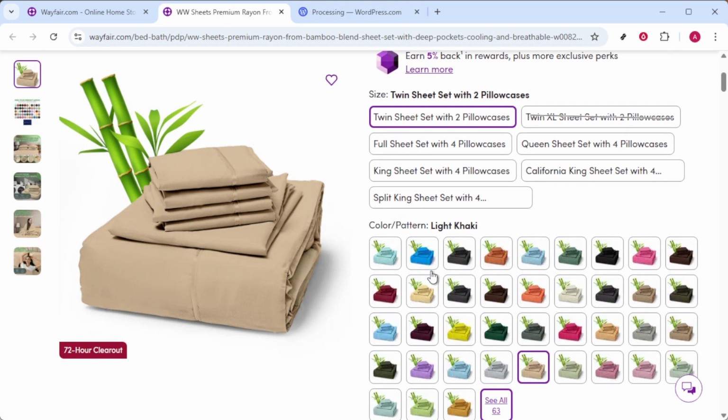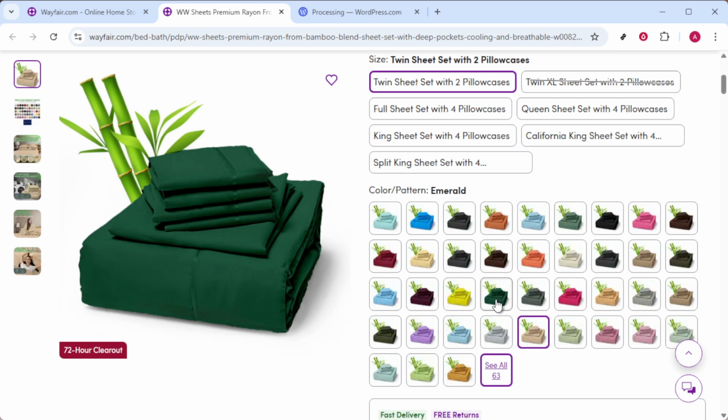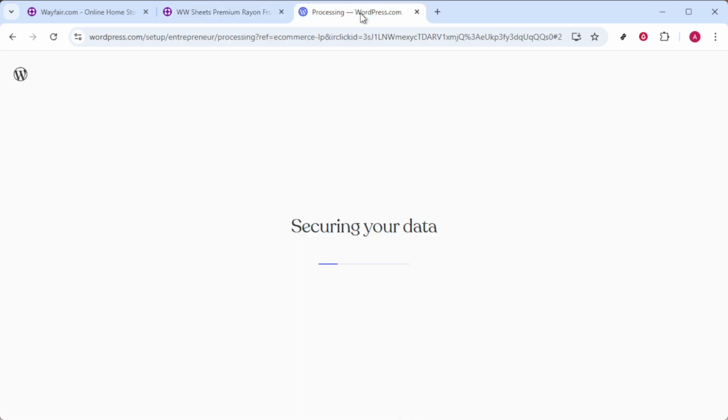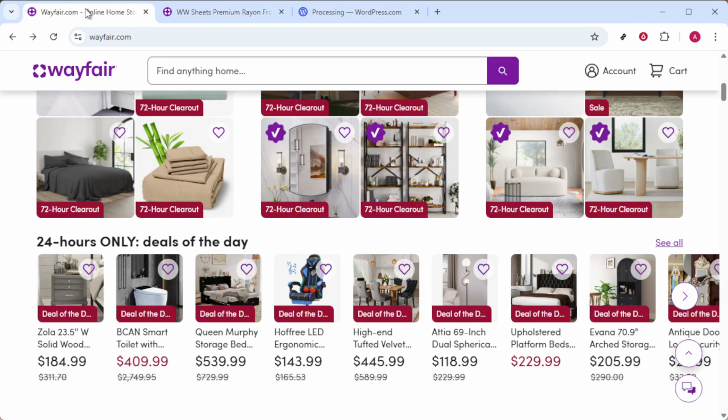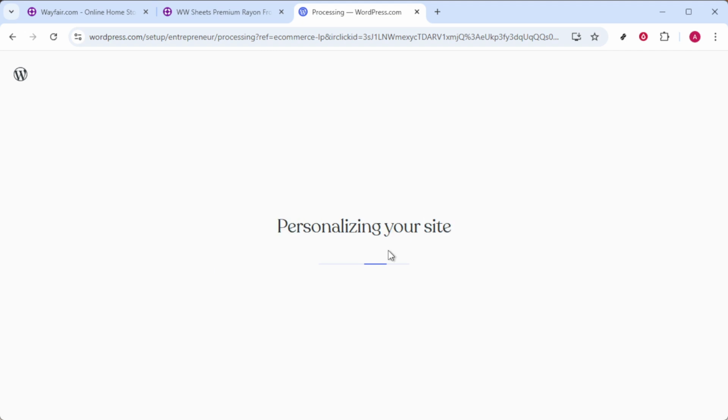This step is very important as it defines how your product is displayed and directs customers to the Wayfair site to complete their purchase. It's essentially setting up your WooCommerce store as an affiliate marketer for Wayfair products. Then you'll need to paste your Wayfair affiliate link into the product URL field. You may have acquired this link from affiliate platforms like CJ or Impact, depending on where your Wayfair affiliate account is managed. Ensuring this link is correctly placed will redirect your customers to the Wayfair site, crediting you for sales